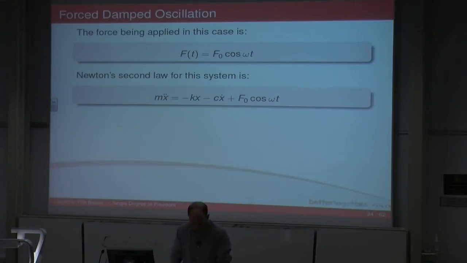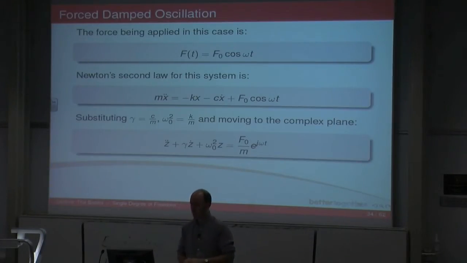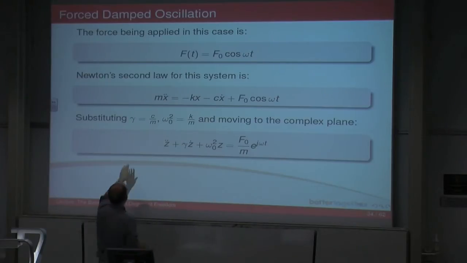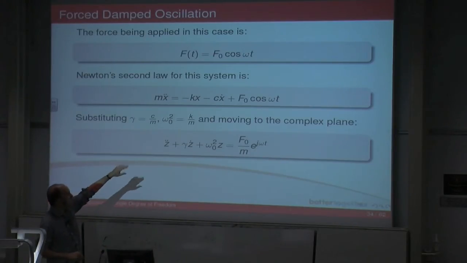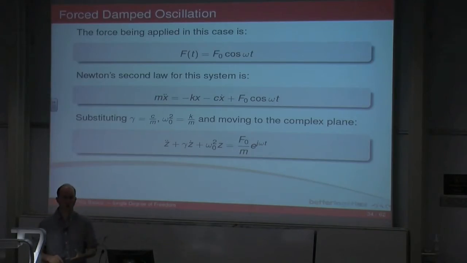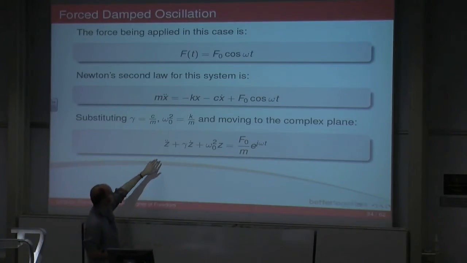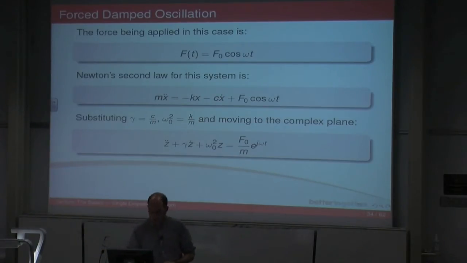Okay, so there's Newton's second law, and we can rearrange that and make those substitutions that we made before, where gamma is c upon m, and omega naught squared is k upon m, because remember omega naught, natural frequency, is square root of k upon m. And we're also going to move to the complex plane, okay? As we discovered last week, sometimes using the complex plane makes life easier, so that's what we're going to do. And because we've moved to the complex plane, we've replaced x with z. So we have z double dot plus gamma z dot plus omega naught squared times z equals our sinusoidal